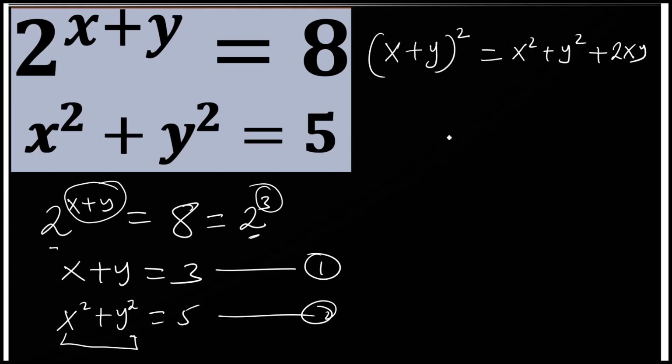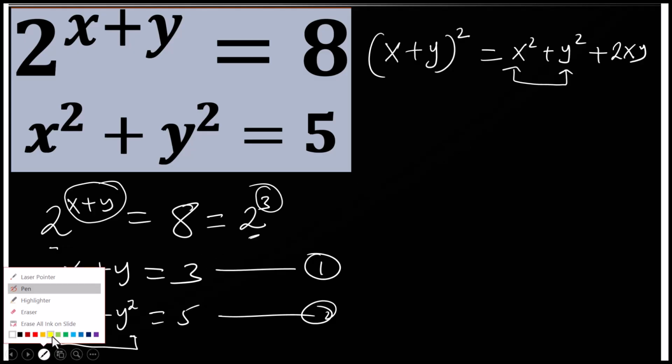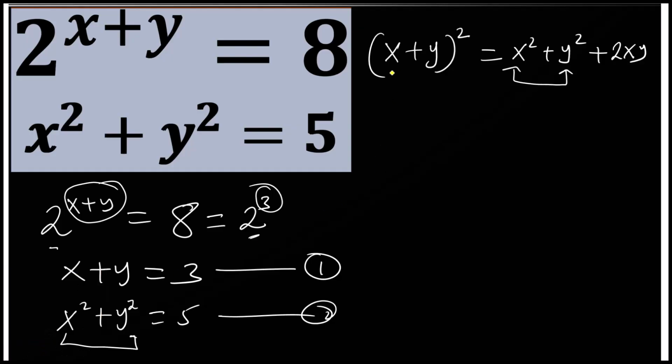Now let's be very careful here. We have x squared plus y squared here, okay, and it's 5, and we have x plus y here and it's 3, so we can do substitution here. As simple as that. That's the only trick in the question. So we have x plus y, and x plus y is 3, so we can put 3 here. That will be 3 squared equals x squared plus y squared, which is 5, so 5 plus